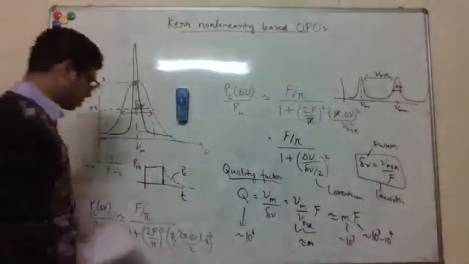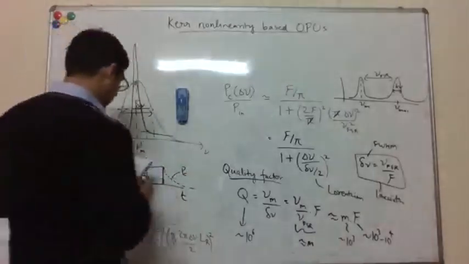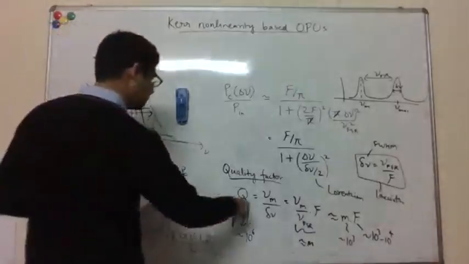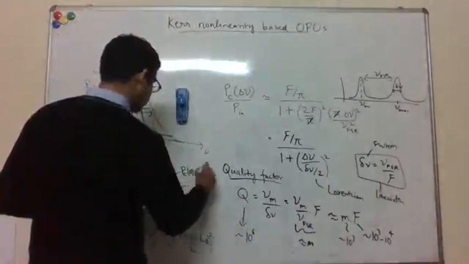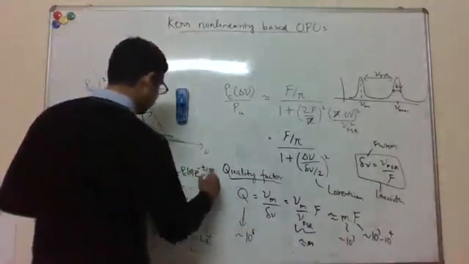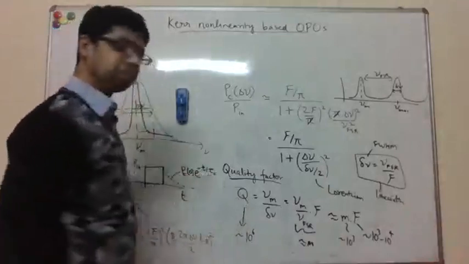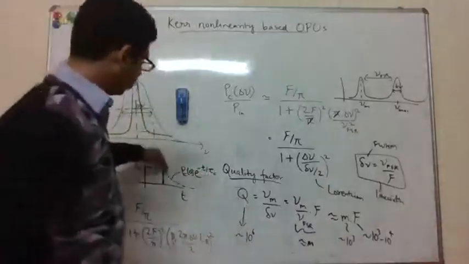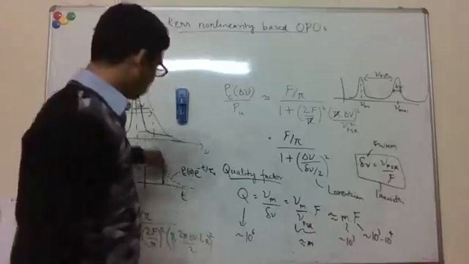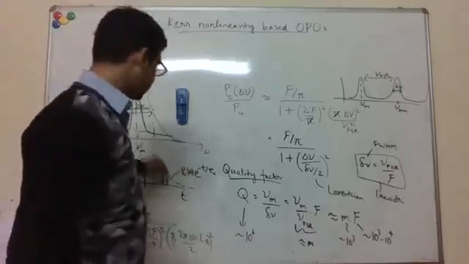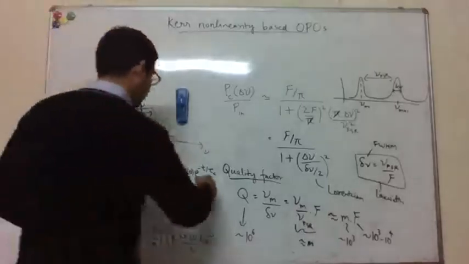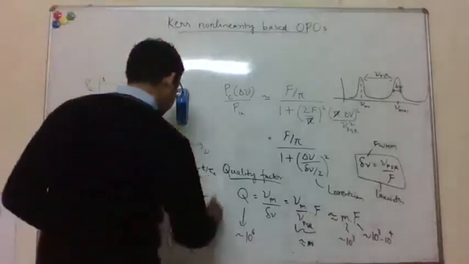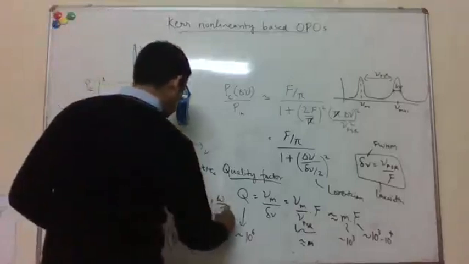And this time constant is related to this quality factor. So if I write this as some e to the minus t over tau cavity, that's the cavity lifetime, basically the time scale over which the photons, or the energy, leak from the cavity. And this tau c is basically